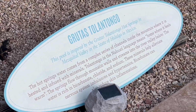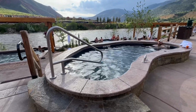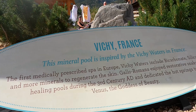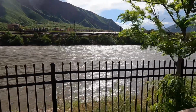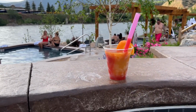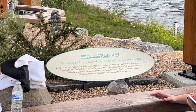One of the highlights of our visit was exploring the adults-only section, where each pool is inspired by the famous hot springs from around the world. We got to experience the warm, mineral-rich waters reminiscent of Japan's Kusatsu Onsen, the soothing serenity of Iceland's Blue Lagoon, the healing properties of Turkey's Pamukkale, and the therapeutic waters of Costa Rica's Tabacon. Each pool offered a unique ambiance and experience, making it feel like we were traveling the globe through these incredible